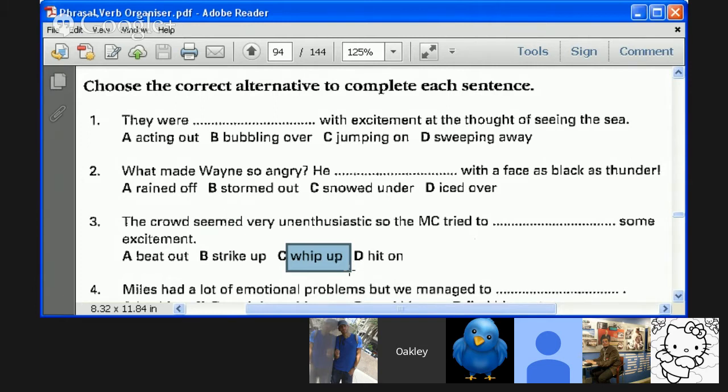Teacher: Yes? The difference between strike up and whip up is that whip up is more exciting and emotional. Strike up is like starting something, right? Yeah, to some degree. Strike up is starting something, a lot less emotional. You're right about that. Whip up often has to do with emotion, but it doesn't have to.